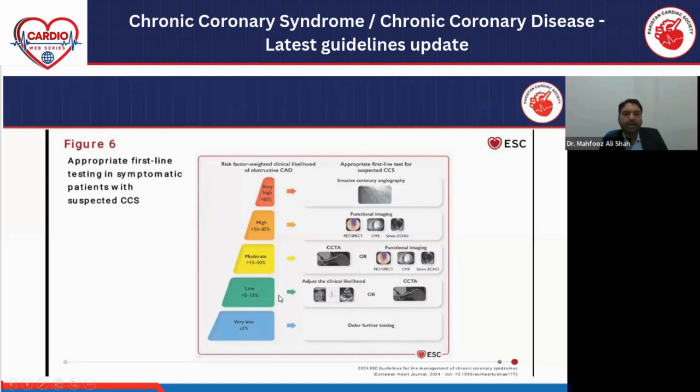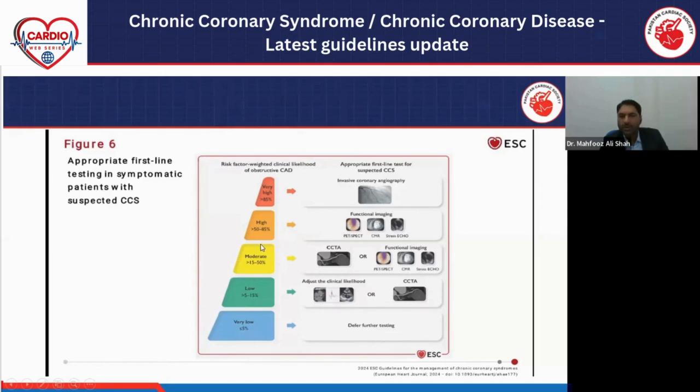The patients who are low, we advise any anatomical or functional investigation according to our locality. And those patients categorized as moderate to high pretest probability, we advise CCTA or any other functional imaging test. And